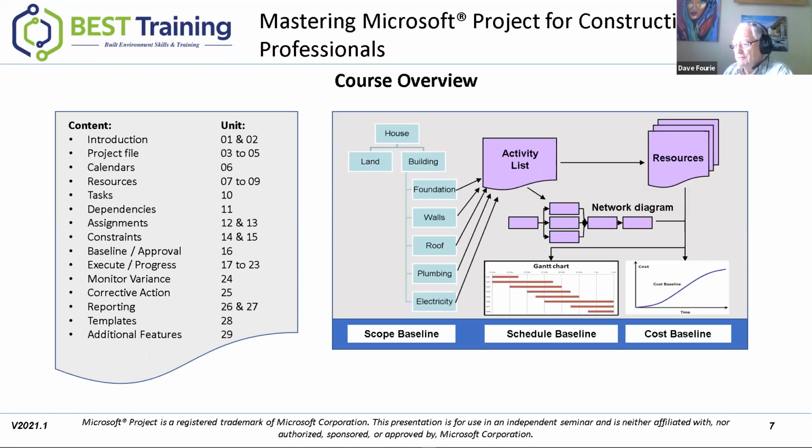Then once we have now finalized our planning, because we are still looking at planning, once we've got a plan that is a feasible plan, a plan where we don't have any resource over allocations, a plan where the time frame is within the time frame that our client wants from us, that our cost is within our budget, we can now get it approved. Approval on Microsoft Project means we're going to baseline it. And that baseline is what we're going to use to compare against, to see if there are any